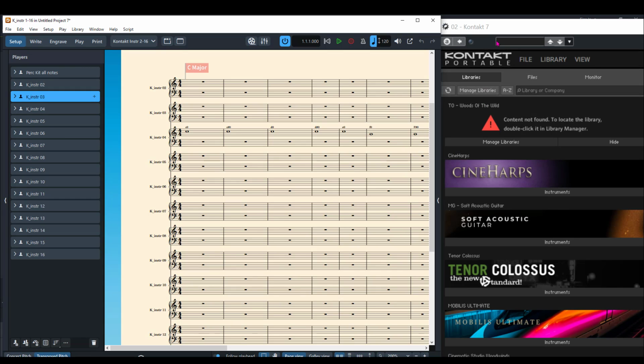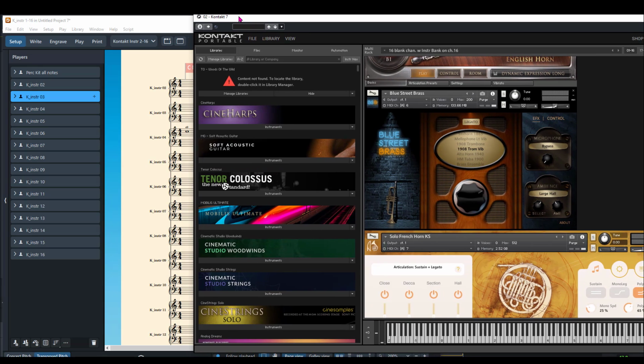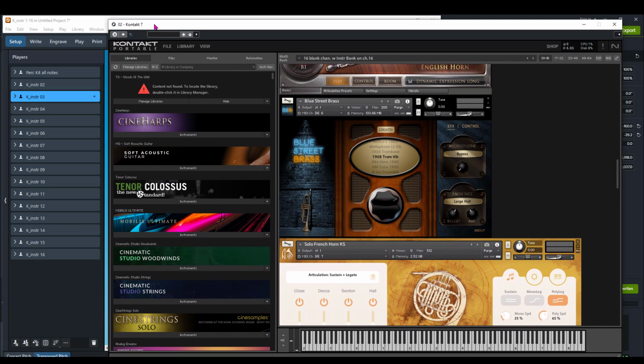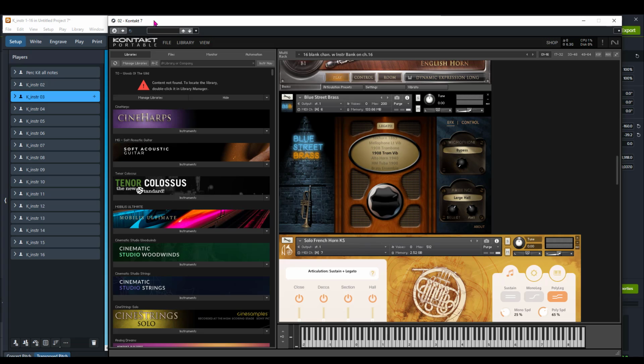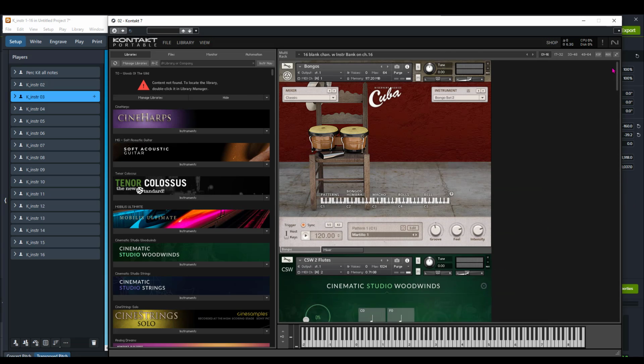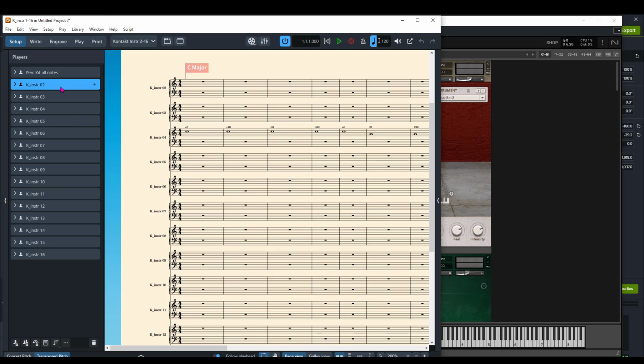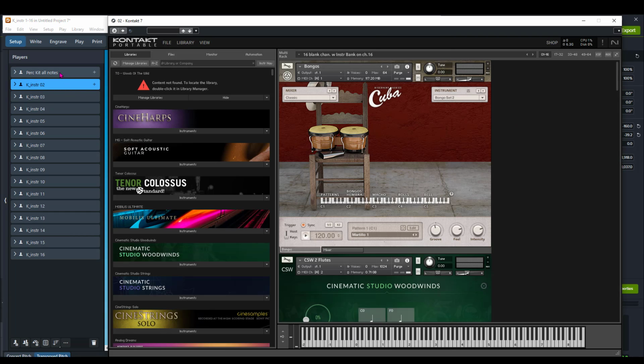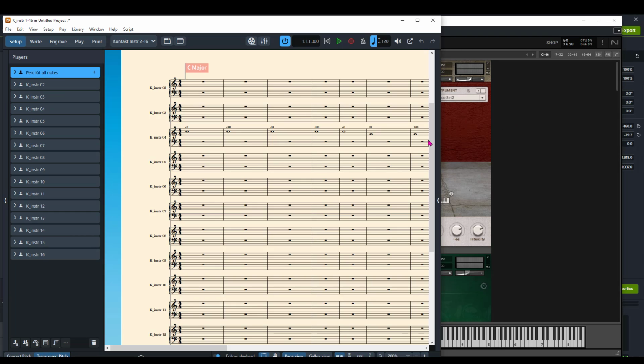So it's very simple. We just can refer to our Kontakt multi here and just go through it and rename each player. And we've set up the layout so that the name of the player will be reflected in the score itself. So the first instrument we have is this Cuba